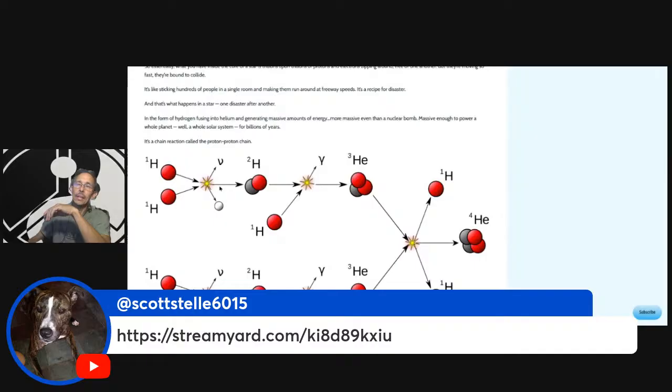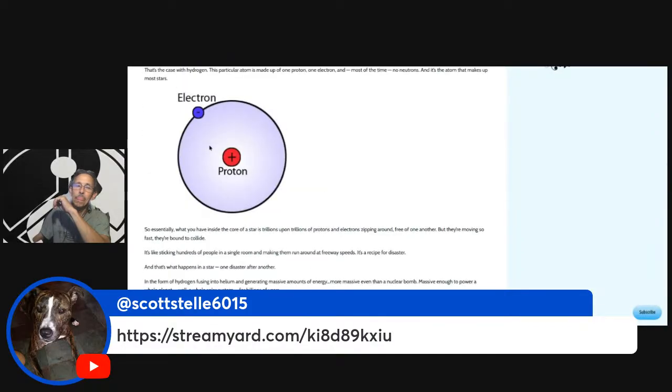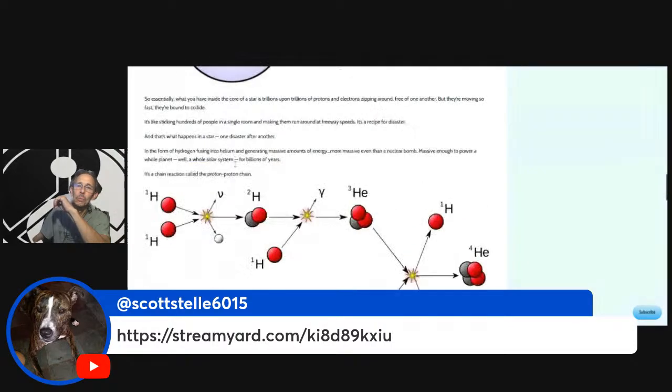And when you have a star, which is a very densely packed mass of atoms, hydrogen atoms are grouped together by gravity. The strong nuclear force does its job holding the proton together, which is